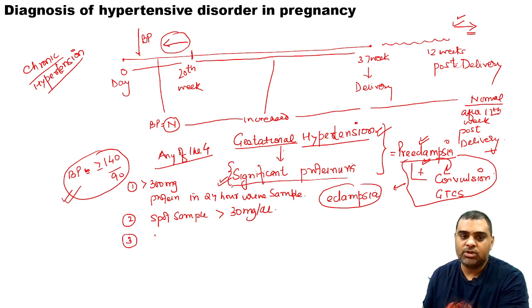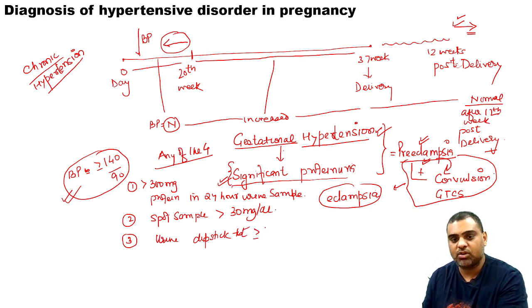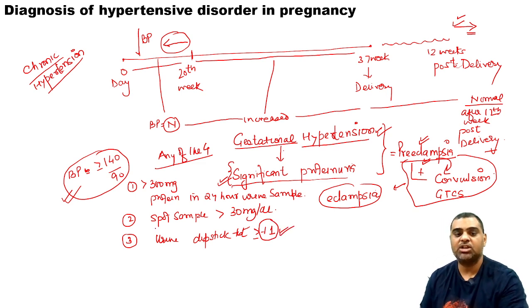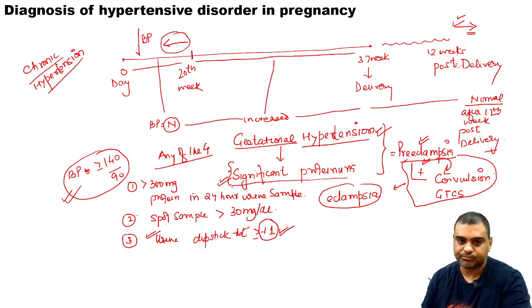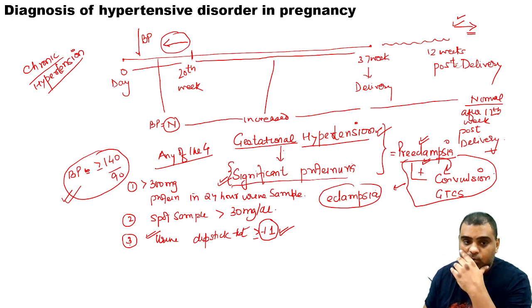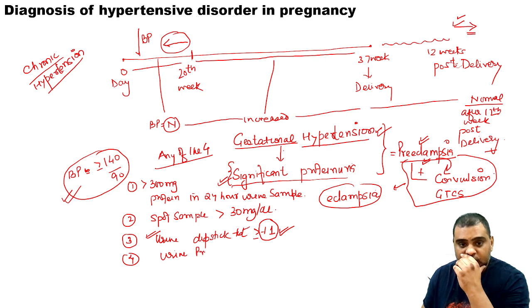Or if you do the urine dipstick test, it is more than or equal to +1. Earlier it was +2. Please remember, now it is +1. So this is the change that Williams has mentioned. So if any of these is present, and the fourth, very important, is urine protein upon urine creatinine ratio